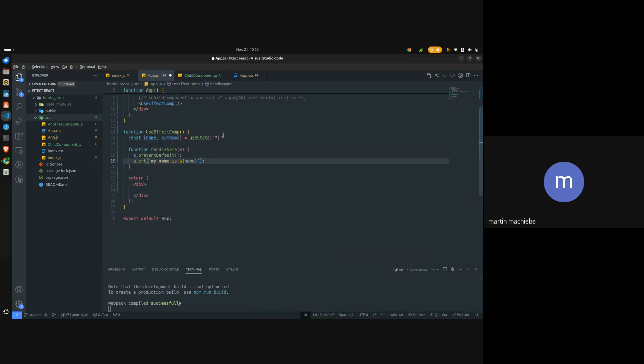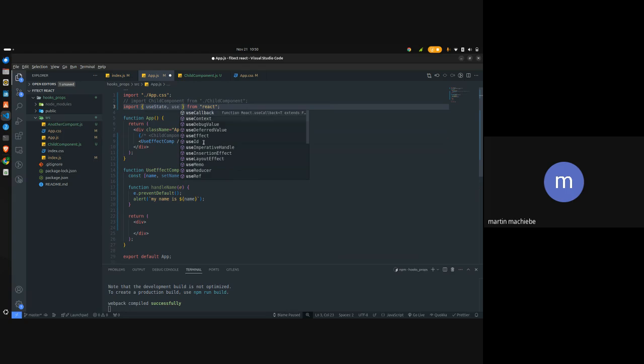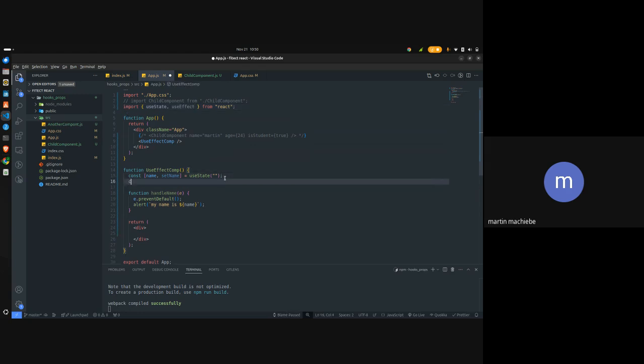Nice. So we're going to be importing useEffect. What we just need to do is add a comma here and import useEffect. We just need to import useEffect, add a comma and import it. So under here, we're going to have our